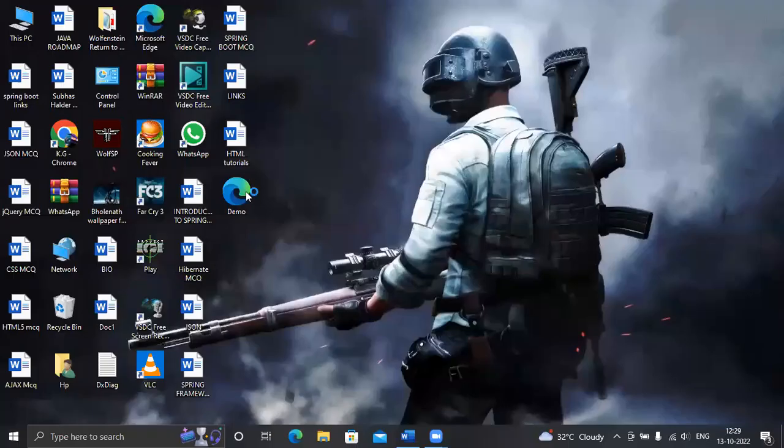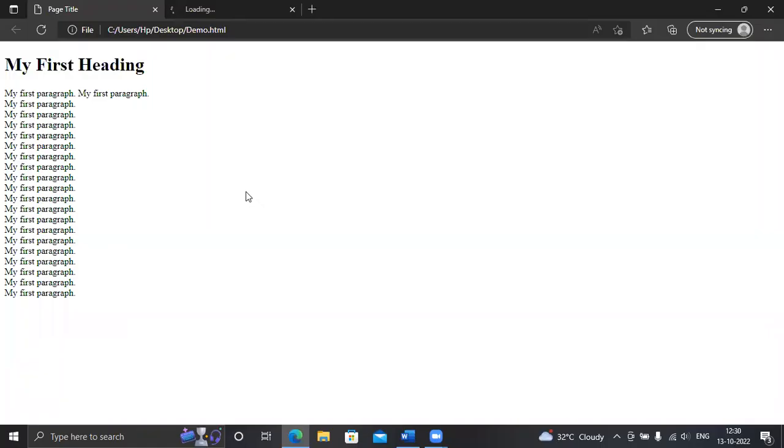Now when you are running that program, look, can you see the difference? What is the BR tag doing? In the previous one, in my first paragraph, I haven't used that break keyword. But in the rest of the lines, I have used that BR tag. By using that BR tag, I am breaking it into the next line. Are you getting the thing? That is the use of the BR tag. Okay.